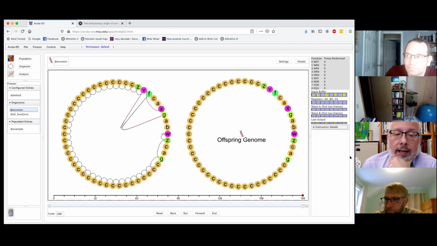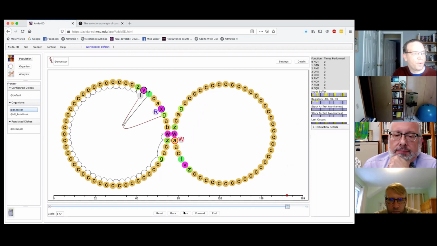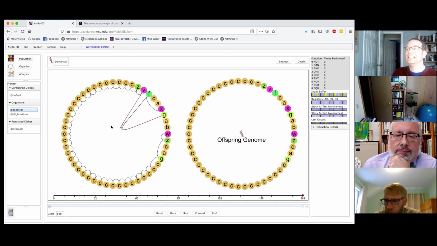Is 189 like the minimum then? Is that like the cheapest? 189 is not actually the minimum. This is the one we give it as a default, but right now it's building this new organism one instruction at a time. Each time it goes through the loop, it's only building one. Well, if we get a series of mutations into that copy loop that now instead of reading one thing at a time, it reads two things at a time and writes both of them, it doesn't have to go through that loop as often. So it can actually get smaller.